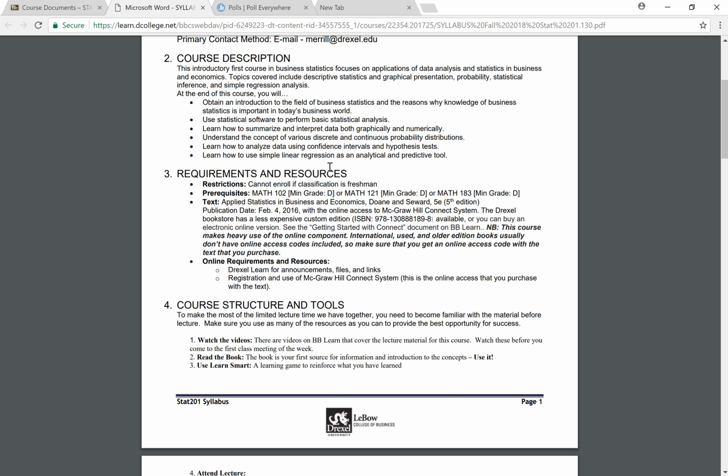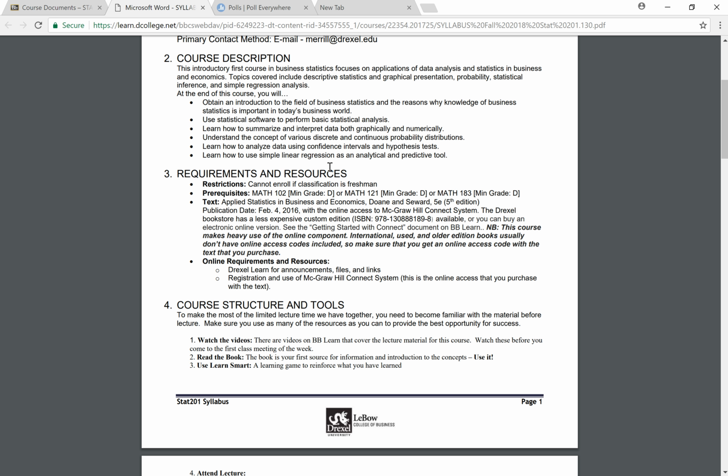If you don't want a hard copy or you don't want to pay bookstore prices for the hard copy, you can get an electronic version, and then there's an option of purchasing a loose leaf copy of the book, and they'll send it to you in the mail. But either way you do it, make sure you get the access code. The access code should come with the ebook, so that's the most cost-effective way to do this.